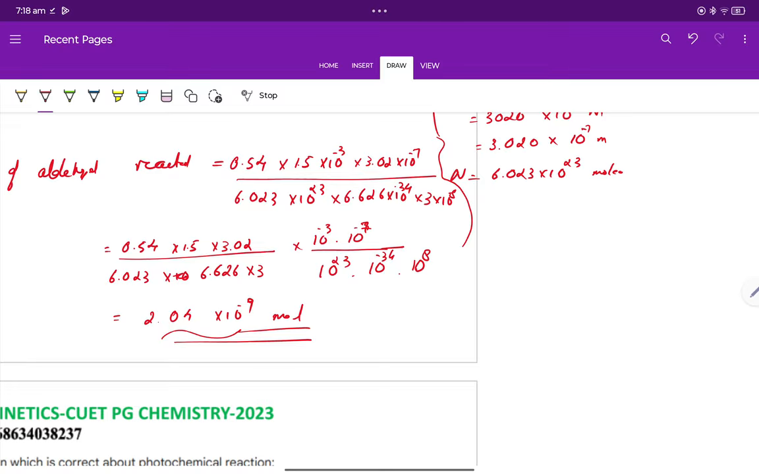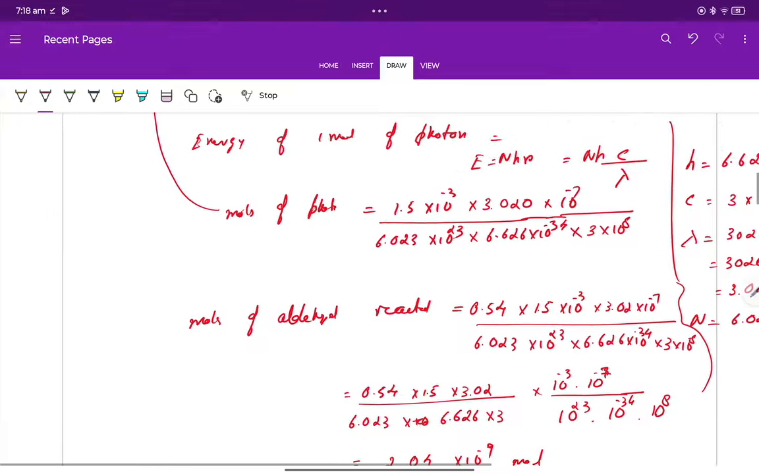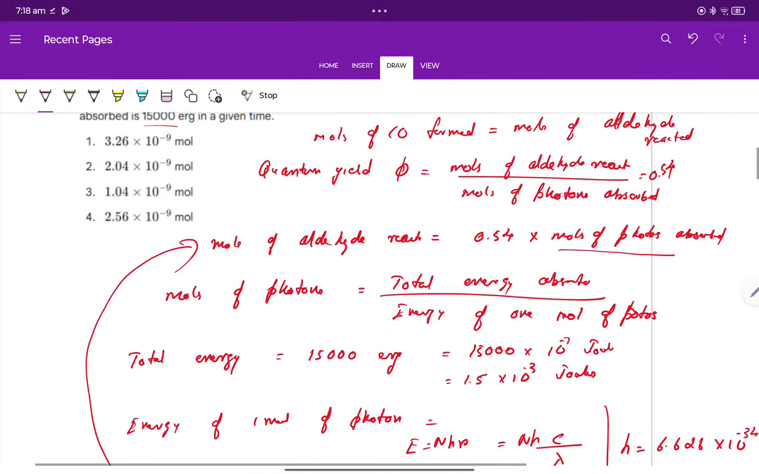You can calculate these numericals. Remember, in CUT you cannot use a calculator, so it is better to do the numericals with pen and paper itself. You can simplify and get an approximate value. So this is the answer for this one. So your right option will be option number